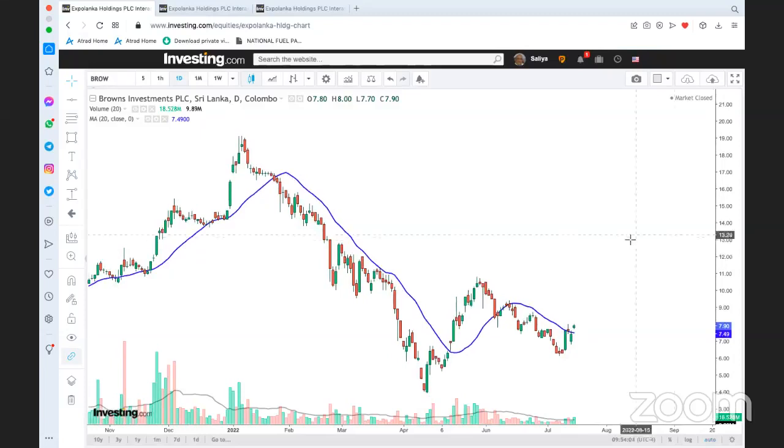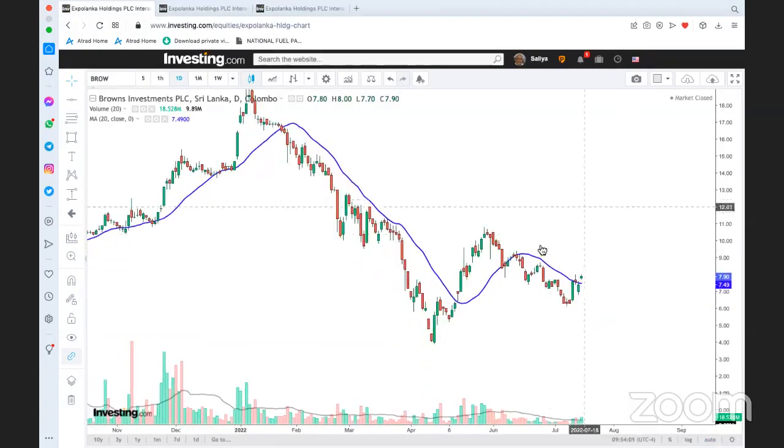Yeah, so the Brown's investments, we can see that the 20-day moving average breakout has happened. At the same time, you can see that there is a gap here. Before that, you can see that there is a gap over here. This is something like a morning star formation. And you can see that there are two spinning